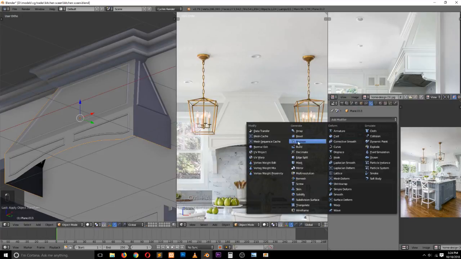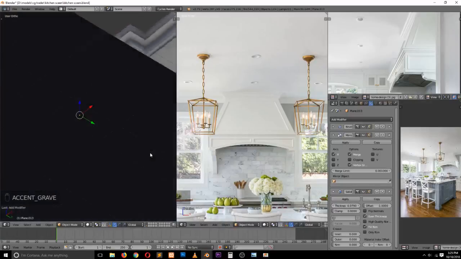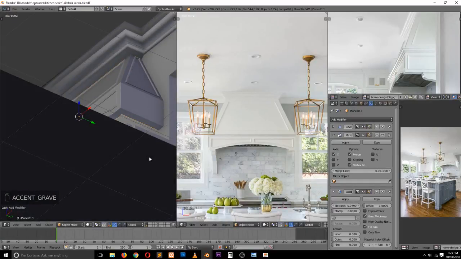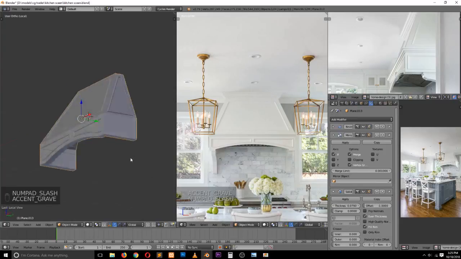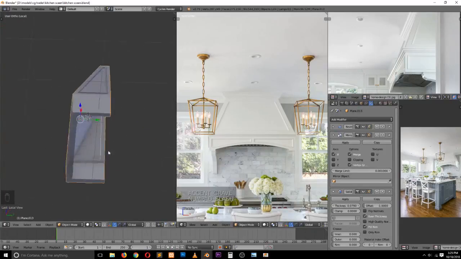Yes, let's add a solidify modifier. So solidify, increase the thickness, even thickness, so something like that. So we have that,